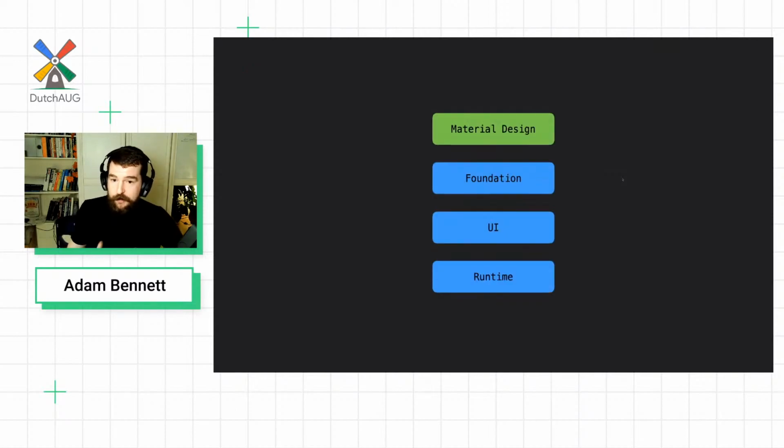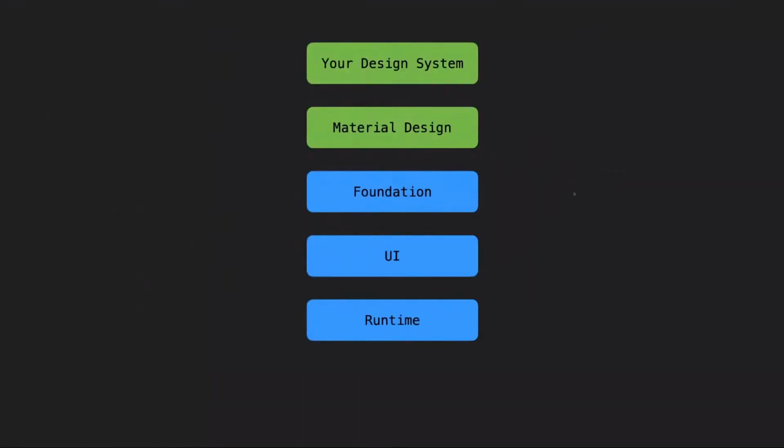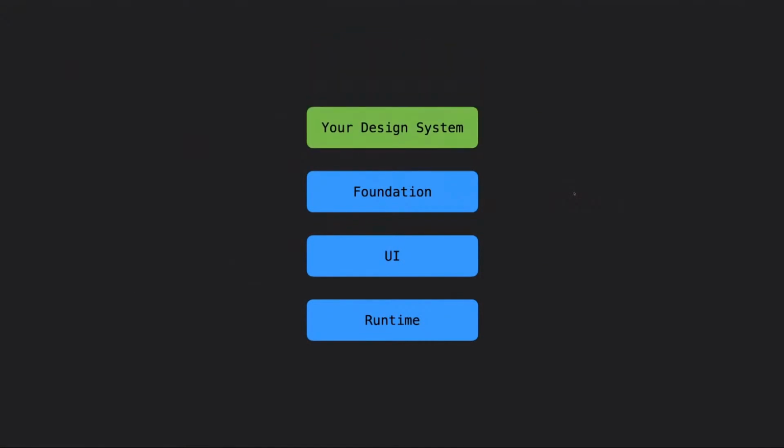And Nick Butcher talks about this in a video called Compose by Example. But basically, Jetpack Compose builds on top of each previous layer. So the UI elements build on top of the runtime, Foundation builds on top of UI, and the material design library is built on top of Foundation. It's a design language over the top. The chances are that your design system is going to be another abstraction again on top of the material design components, but it doesn't have to be. You can replace it completely. If you want something totally custom, something which is very much sort of not Android standard, then you can replace material completely.